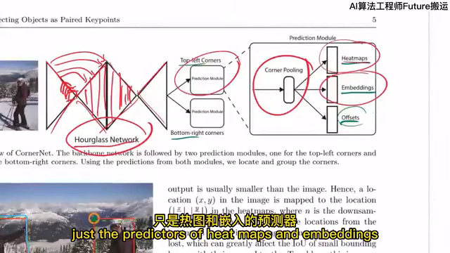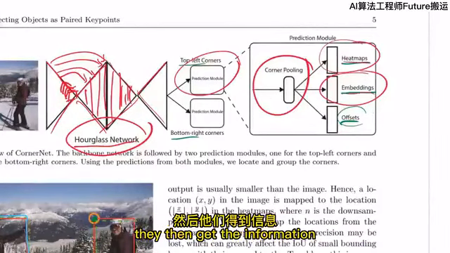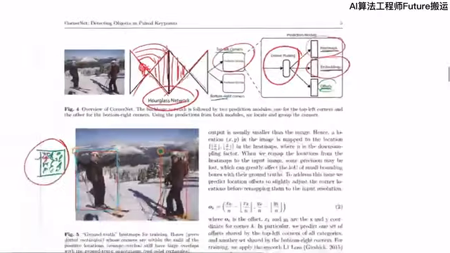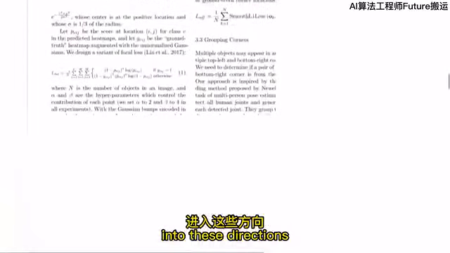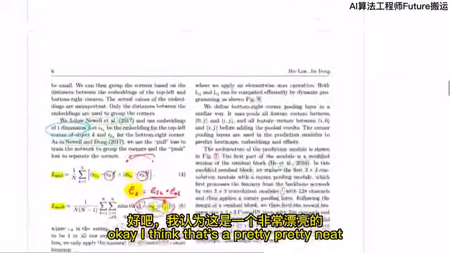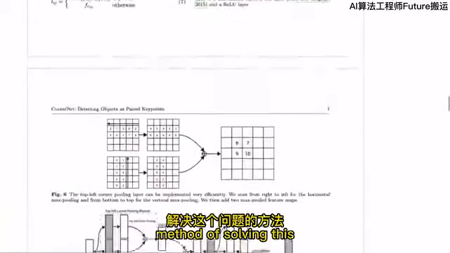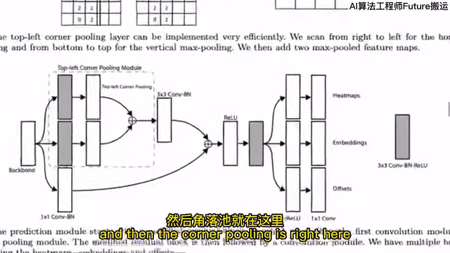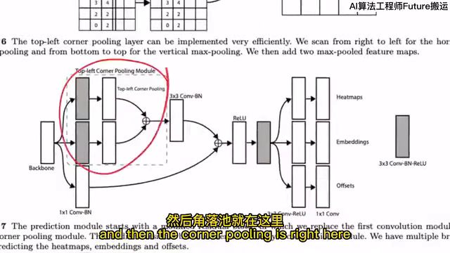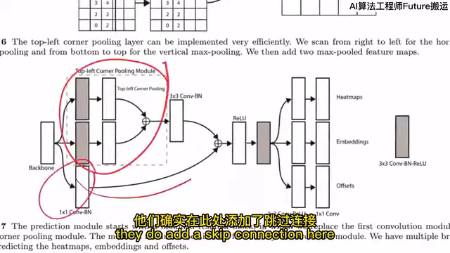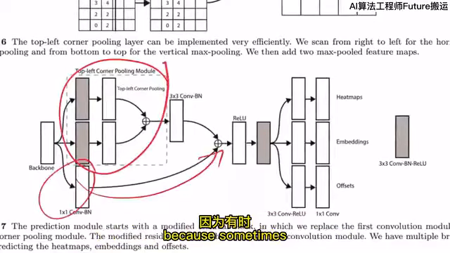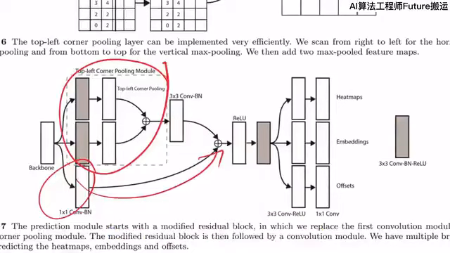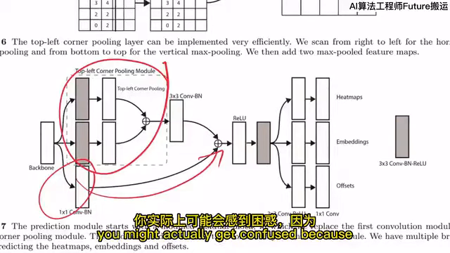Just the predictors of heat maps and embeddings, they then get the information from this hourglass network into these directions. Okay, I think that's a pretty neat method of solving this, and here they show how you can calculate this, and then the corner pooling is right here. They do add a skip connection here because sometimes if you just aggregate this information, you might actually get confused,